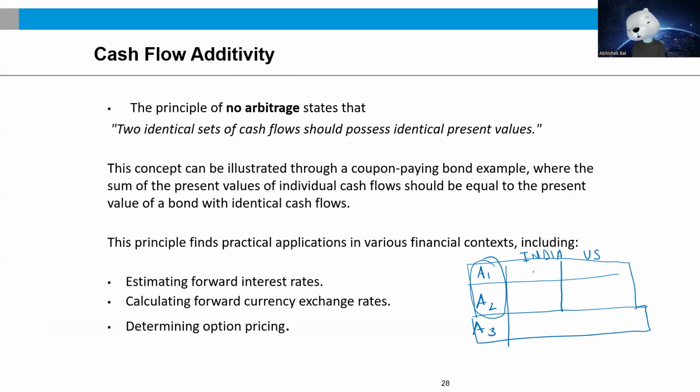If that be so, then in the event that A1 trades at X price in India and Y price in the US, or A2 is trading at X2 price in India and Y2 price in the US, after adjusting for the exchange rate, if there be any difference that still persists,